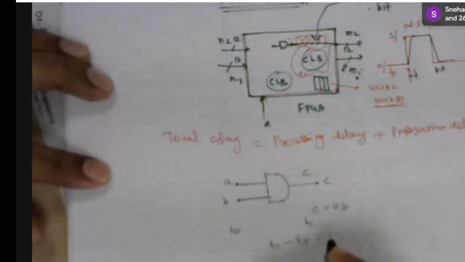For example, there may be 5 AND gates and 1 flip-flop here, and here there may be 10 OR gates, 10 flip-flops and maybe 100 OR gates. Because if both were the same, why would we go for one more section? So now what happened? The total processing and propagation delay required by this section is different from the total delay of this section.